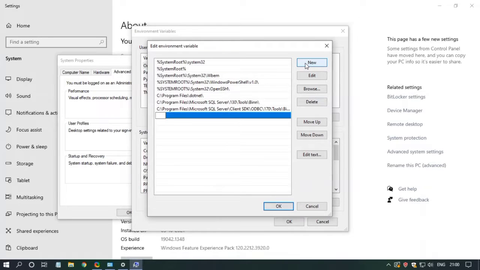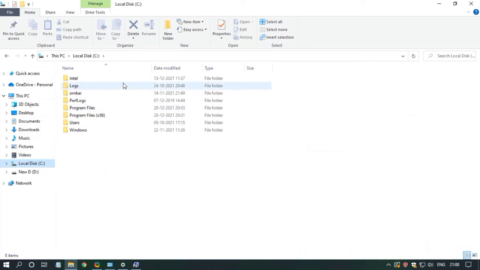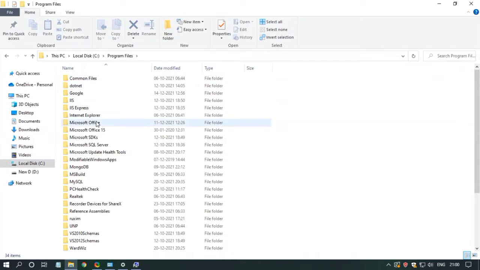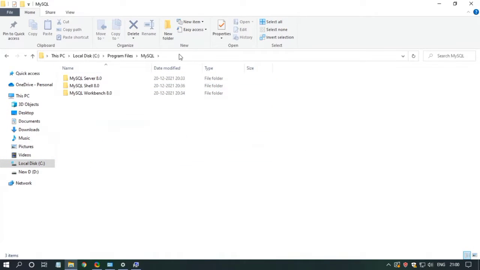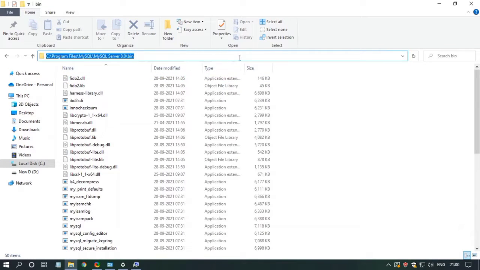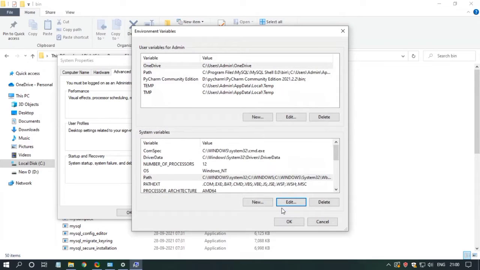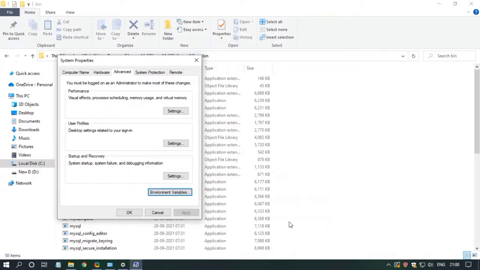New path, and go to the C drive, Program Files, and search for MySQL, and here it is, and the MySQL Server bin folder. Copy the path, then New path, paste the path, okay, then click on OK,